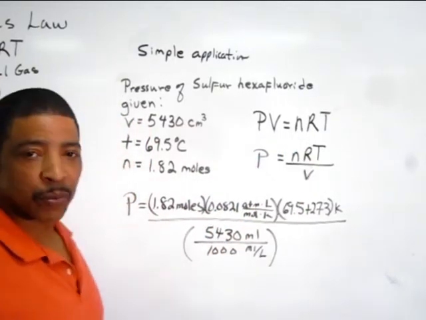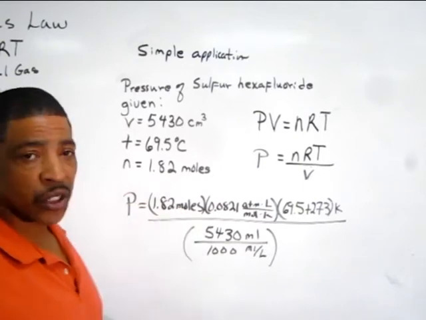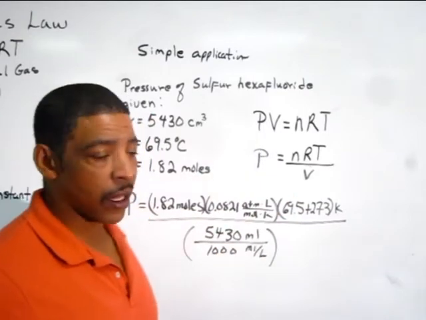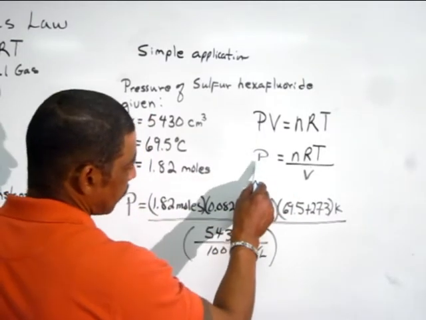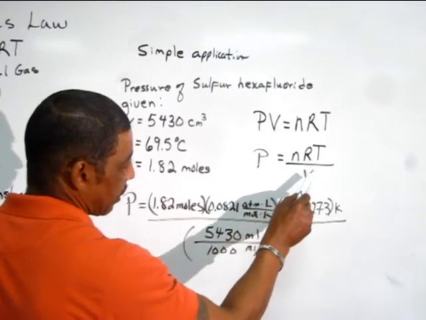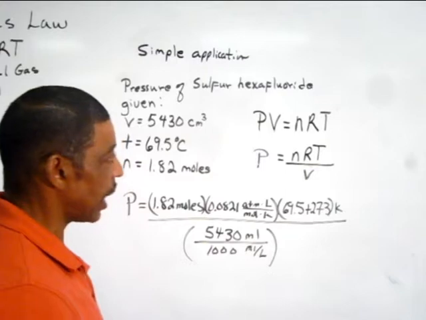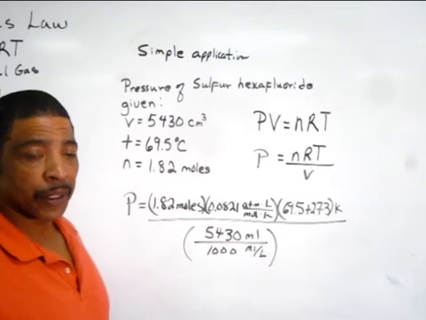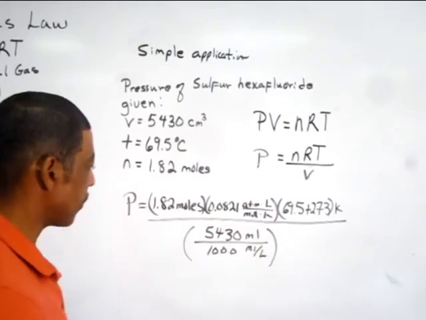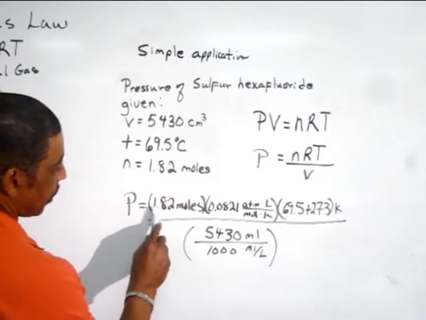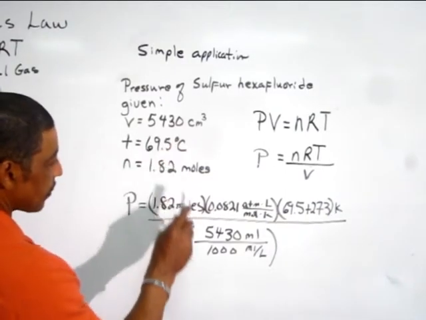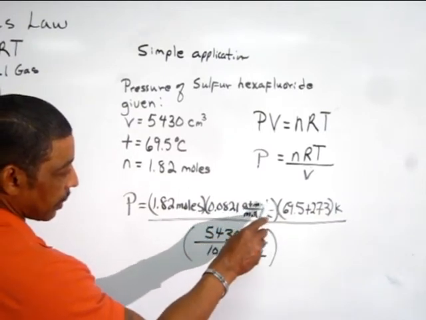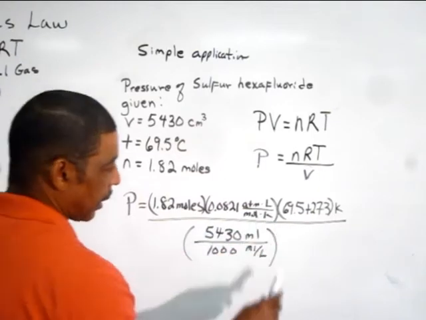And since the practice problem is asking for the pressure of sulfur hexafluoride, we may rearrange the ideal gas equation as follows, where P is equal to nRT divided by V. And in this simple calculation, we obviously divide it through by V to isolate the P. Now simply insert the data into the rearranged equation, where P is equal to 1.82 moles times the universal gas constant, 0.0821 atm liters divided by mole K, times the temperature,